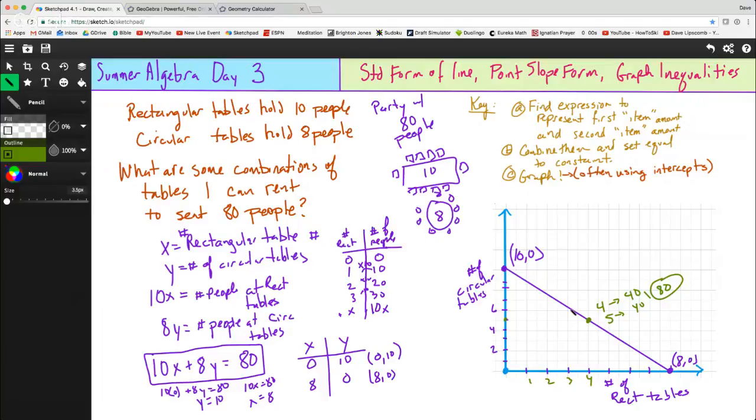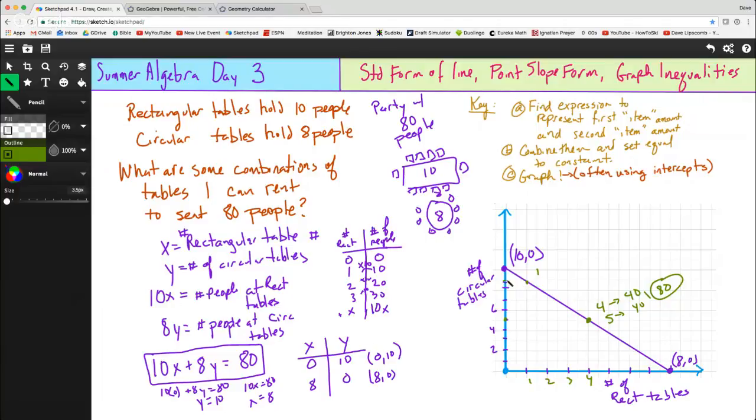What else can I do? Maybe this point here? No, that's on the halves. That'd be 2.5 rectangle. I can't have half a table. Let's see, 2. No, that won't work. 1. Let's try this point here. This point doesn't look like it's exactly on the right point. So this would be 1 rectangle